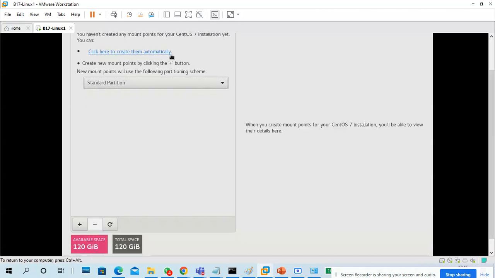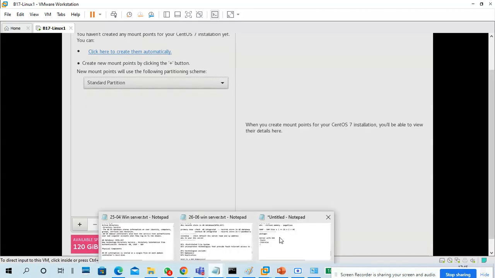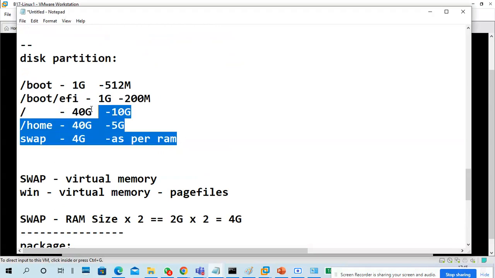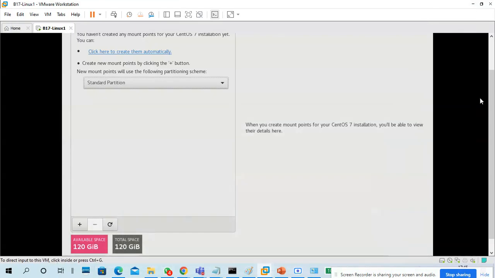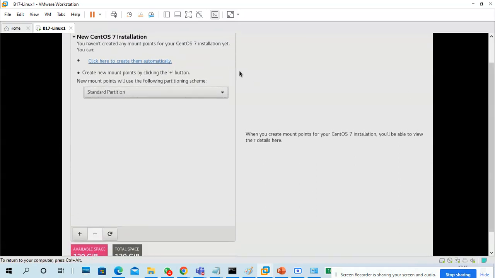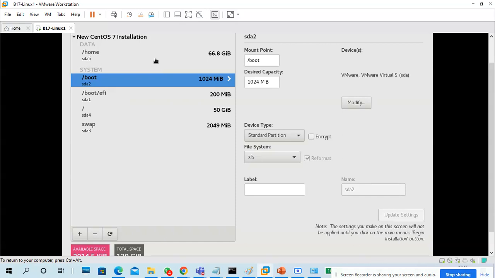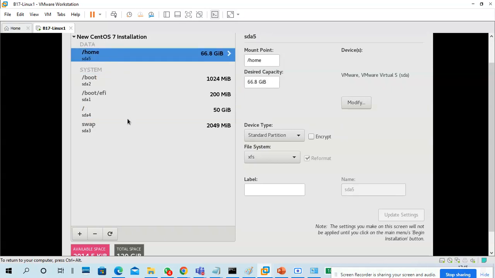You can adjust also, like I told, what partitions you can take and how much you have to take. Like this I have taken, right? But if you are not sure, then you can click here. So what happened, partitions are automatically created. See, boot, boot slash efi, swap, slash, home, those things only I told, right?